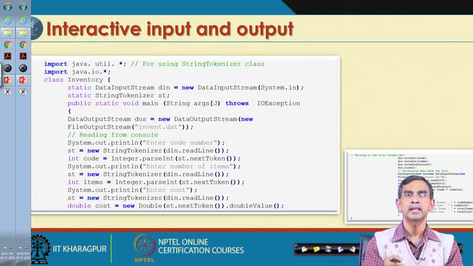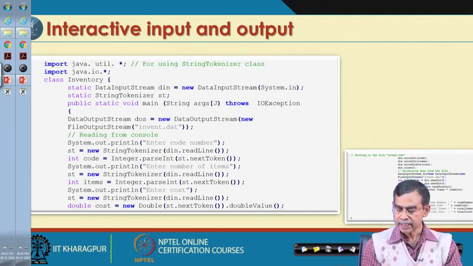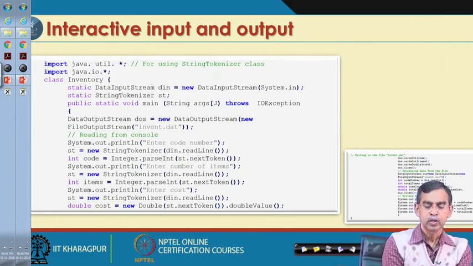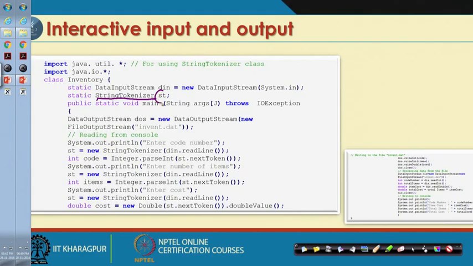Whatever input you give, it is treated in a general form, not as integer, character or double, but as a stream, and then we can change it into whatever format we want. Now, see how we can do all these things. We first create an object called string tokenizer, and this is the name of the string. Basically, it is a temporary buffer. In an earlier example we used a similar kind of buffer to store a string value, so similarly, a temp string.